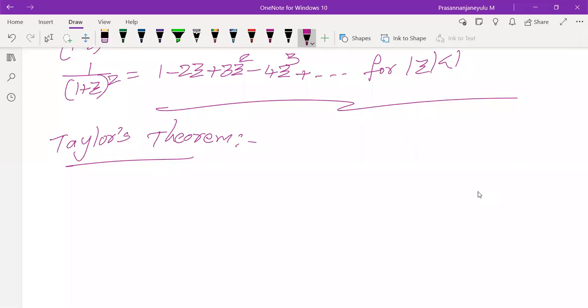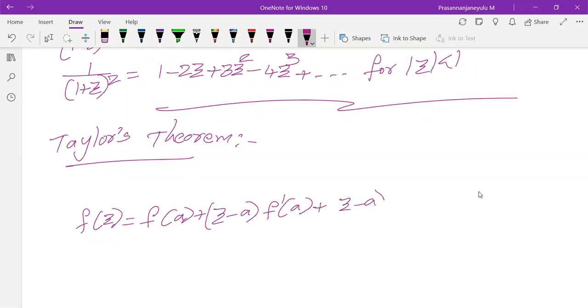But mainly we have to concentrate on the formula, so I am writing only the formula on the screen. f of z equals f of a plus z minus a into f dash of a plus z minus a whole square by factorial 2 into f double dash of a plus and so on. If we go like this, z minus a whole power n by factorial n into the nth derivative of f of a